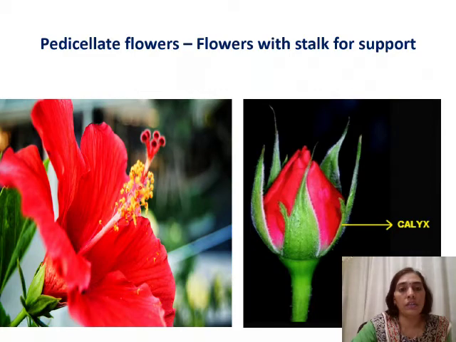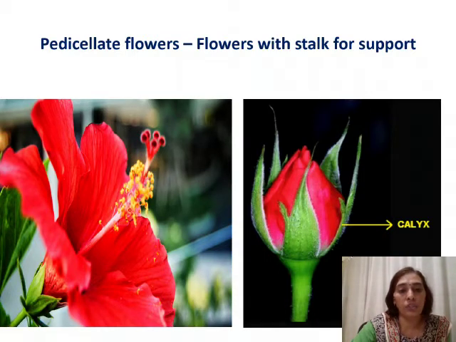Firstly, let us see about the gynoecium. The gynoecium, that is carpel. It comprises of the sticky stigma on the top here, and this is the style. Ovary is present here. Right now it is not visible. So stigma, style, and the ovary, that is gynoecium, the female reproductive part,